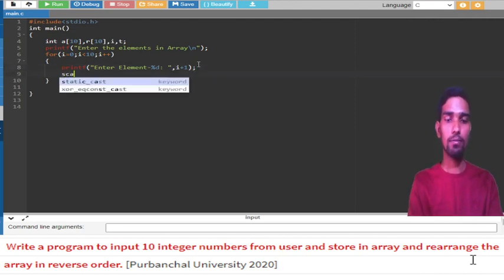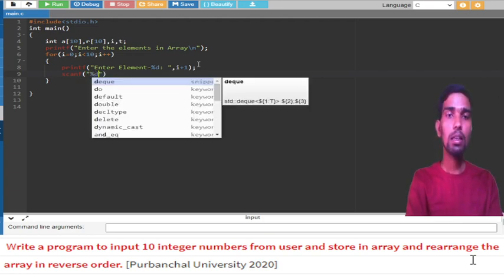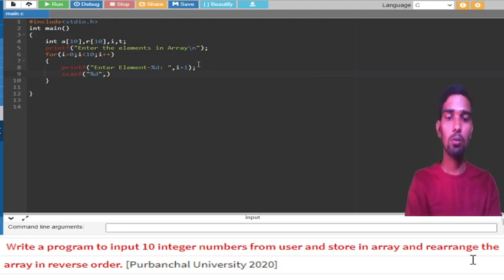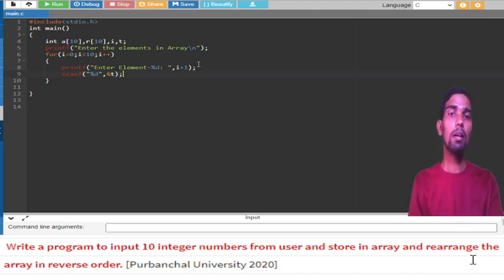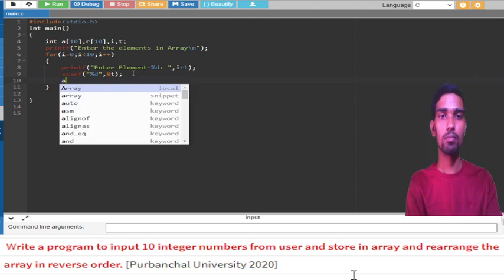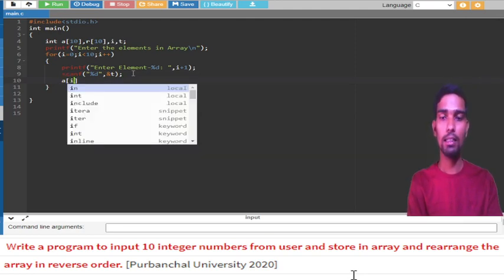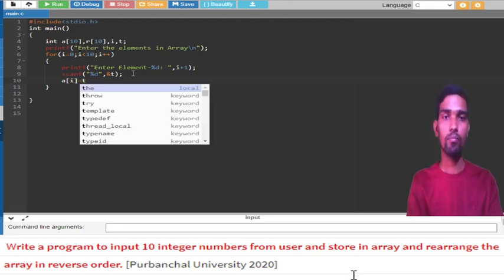And now I will scanf, right? Directly you can scan and store into the array, but I am doing it a little smarter way. I am trying to store in one temporary value, which I call t. Okay, &t. So the element I am reading into t, and now I will assign that element to a[i] equal to t, and I can even mention a[r] equal to t.